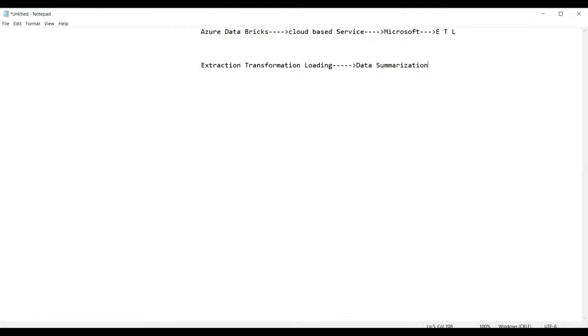Is a process of what? Data summarization. ETL, that is extraction, transformation, and loading, is a process of what? Data summarization, wherein for the process of ETL, guys, we require the